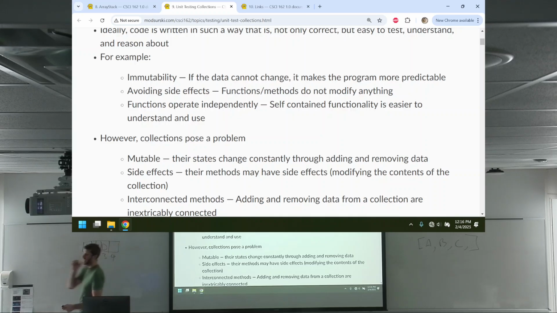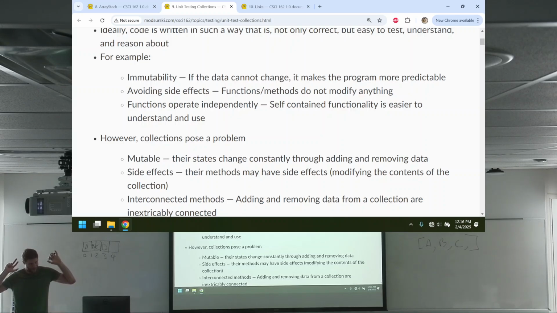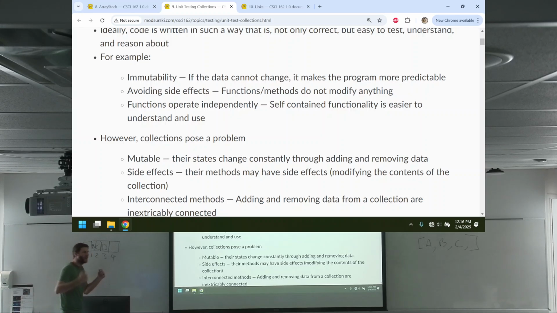Collections are stateful. They're full of side effects. They're hard. And whenever that happens, it's a lot harder to keep track of things. So it's a lot harder to test. Okay? Deal with it. Now, if we start doing tests for these things, we're going to need a systematic approach that